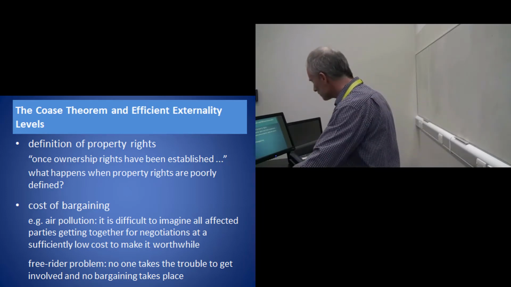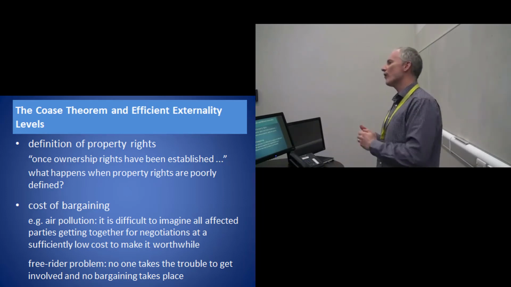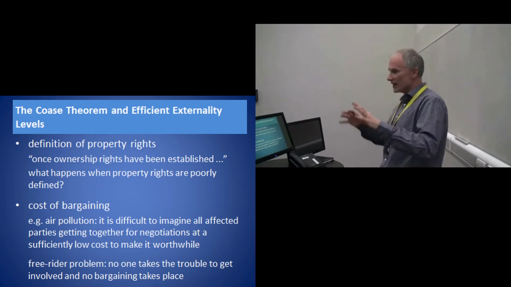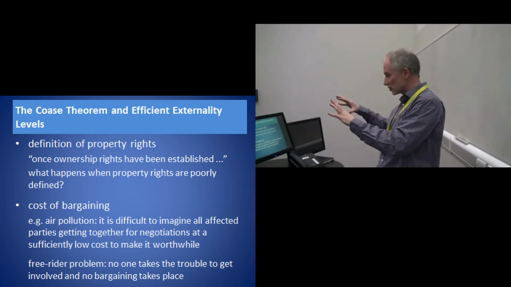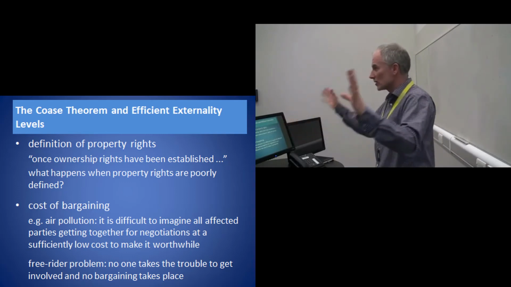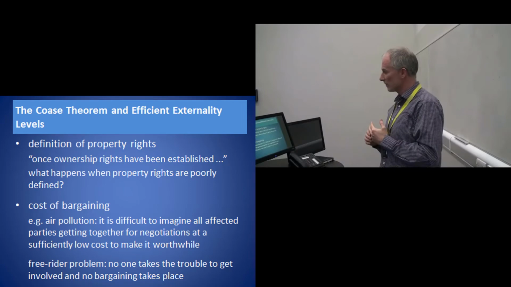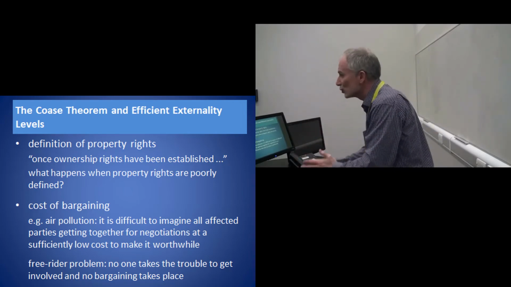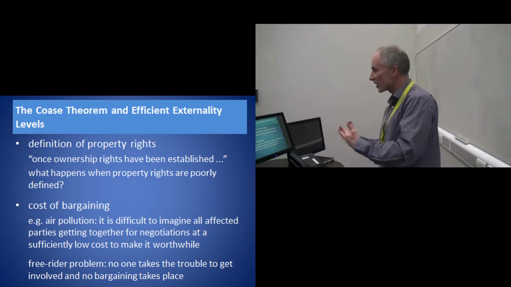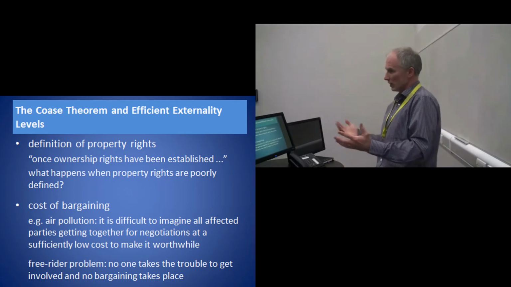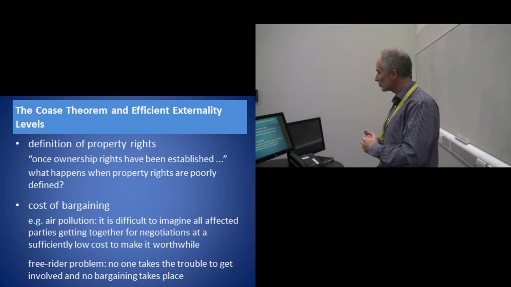Secondly, we've also got the issue of bargaining. Now, when any bargain takes place, there need to be costs and benefits. Obviously, the benefits are tangible, we can identify them. But the costs themselves must be less than the potential benefits. And if the costs are not less than the potential benefits, well, bargaining isn't going to take place.